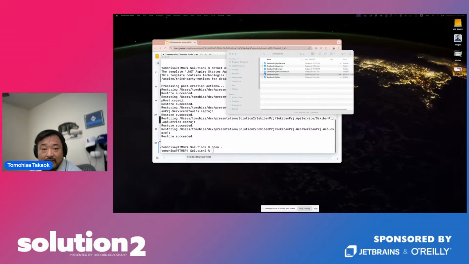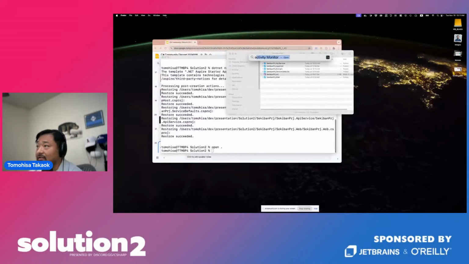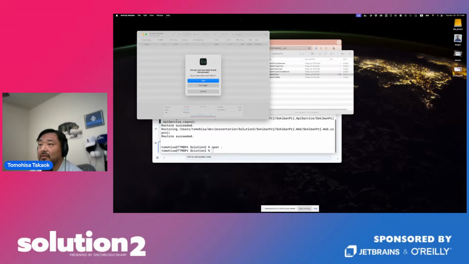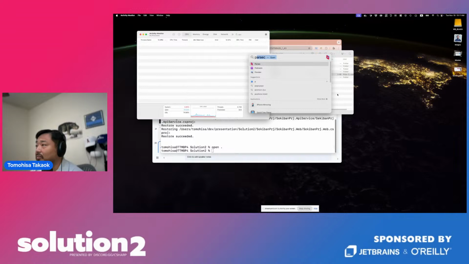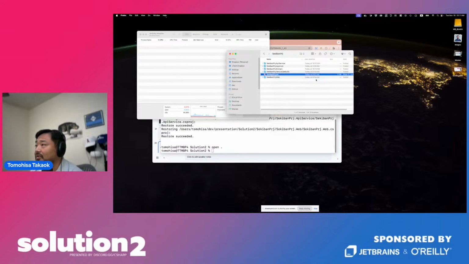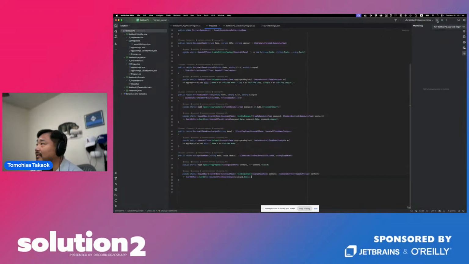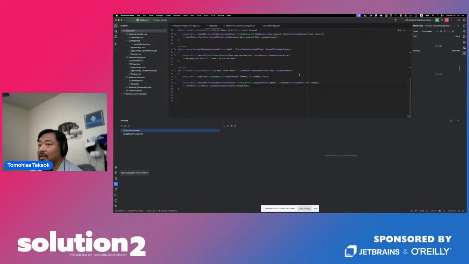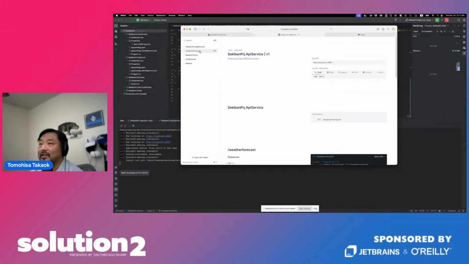I don't think it's a JetBrains problem, but then open Activity Monitor, and then delete all the .NET instances, force quit. It happens, and then open this again. So I hope this works. Let's see. Yes, it came back again.